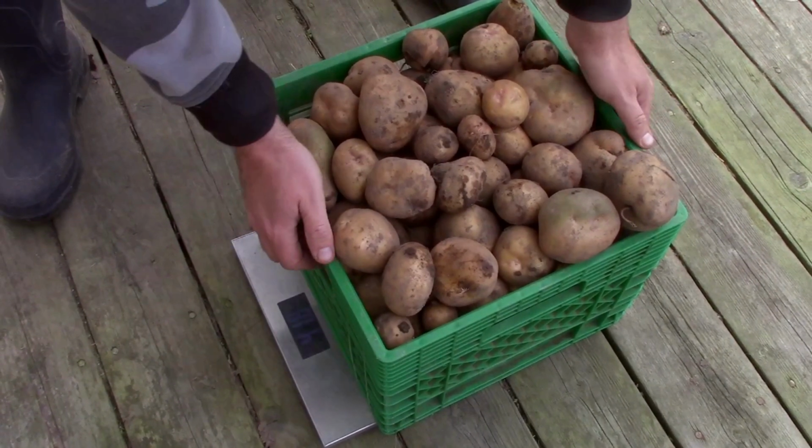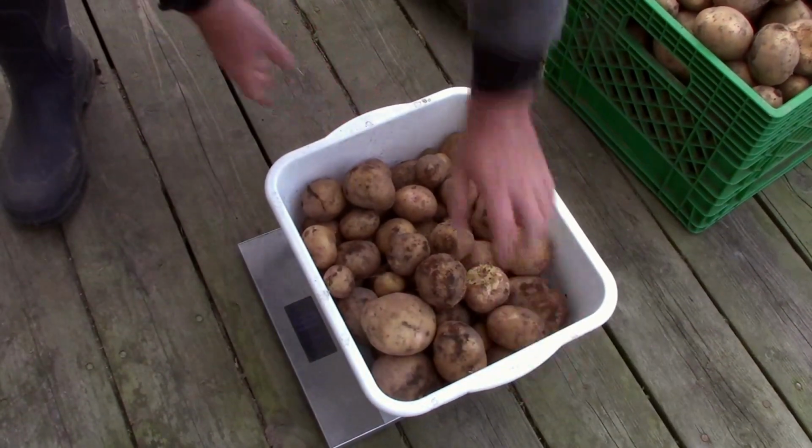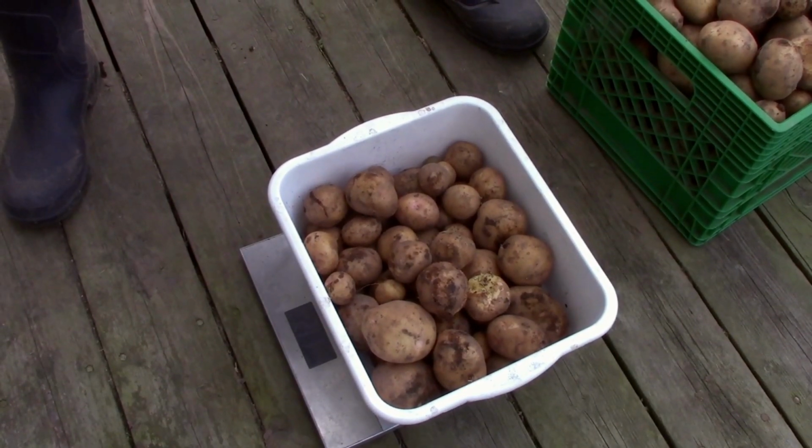41.8 pounds on the first milk crate. And then we got a little surplus bucket of 11.2. We've established that we have 54 pounds of Yukon Golds. So, considering we put in 22 to 25 pounds, we're definitely not getting that 3 pound threshold for sure. So less on this when I would have expected more from a potato that produces a really nice big size. So all in all, lots of food, lots of potatoes to go in, and we still have 5 more types